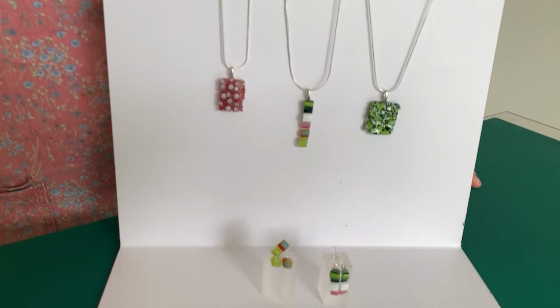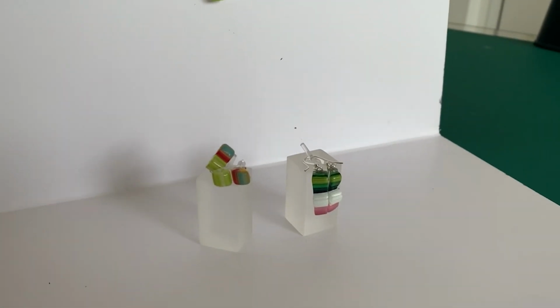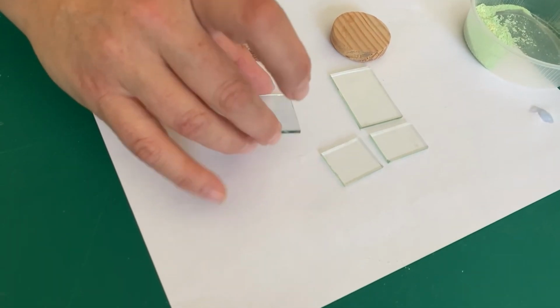Today we're looking at another float jewellery. These ones are made out of our scrap that we have available in float, and today I'm going to show you how to make these. So I cut another of these panels up into 4 pieces, and I'm going to make 4 little pieces of